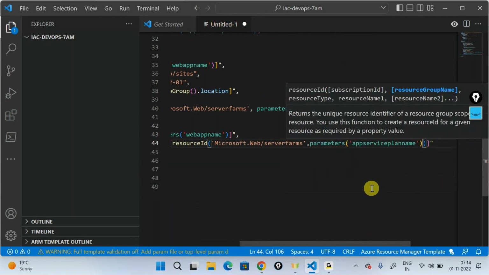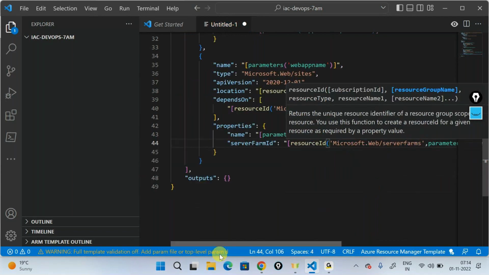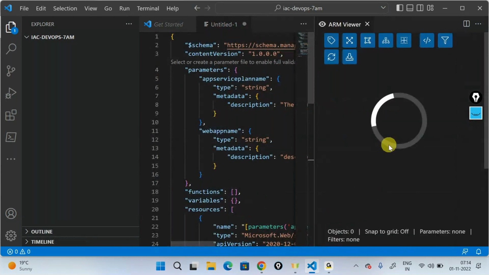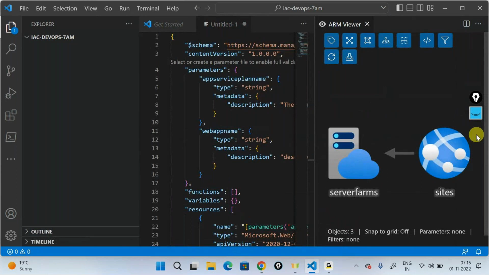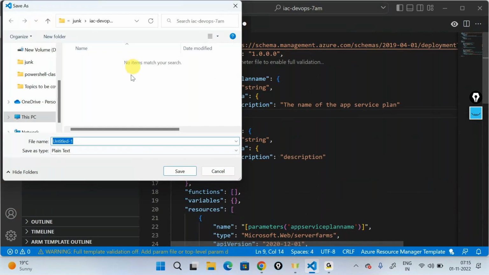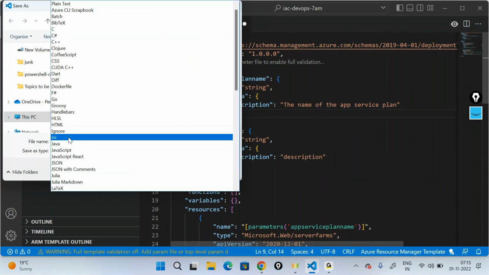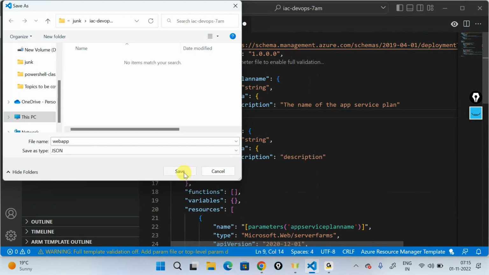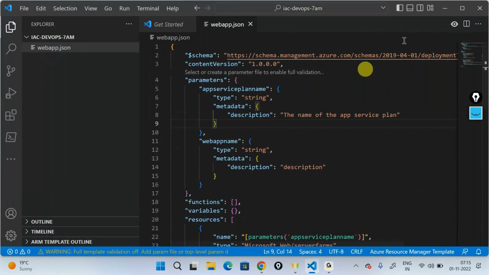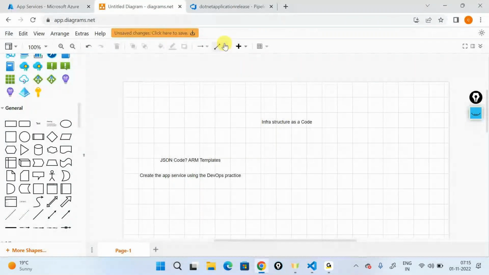So I'm giving all the necessary IDs, and I created these two resources, which is nothing but an app service plan and an app service that is running inside the app service plan out here. I'll just save my template. I'll say web app.json, save it in a .json format. So I have my template right now, and what I'll be doing right now is that I'll be storing my